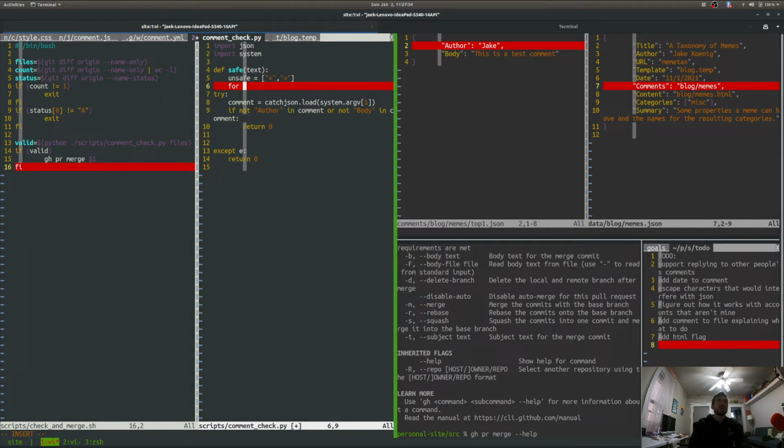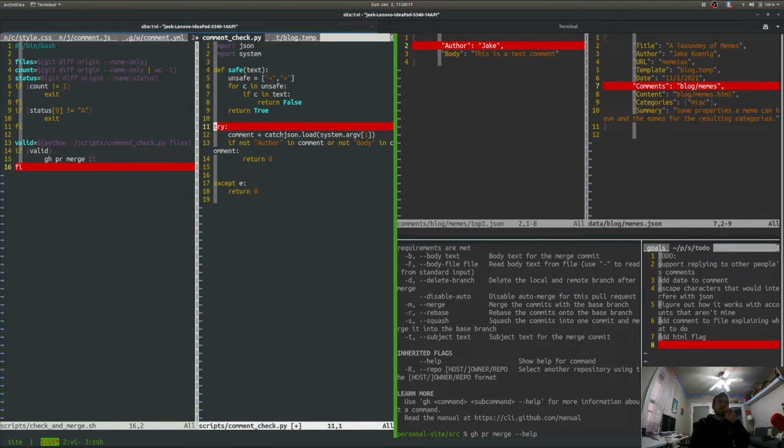So maybe this is a complicated way to write it, but I might add more things later. So for character in unsafe, if C in text, return false, it's not safe. And then at the end, we'll return true. There might be other things to check, but for now, it seems fine. So let's just make sure they're safe. So if safe